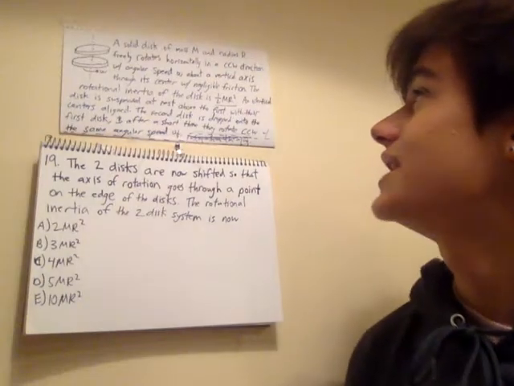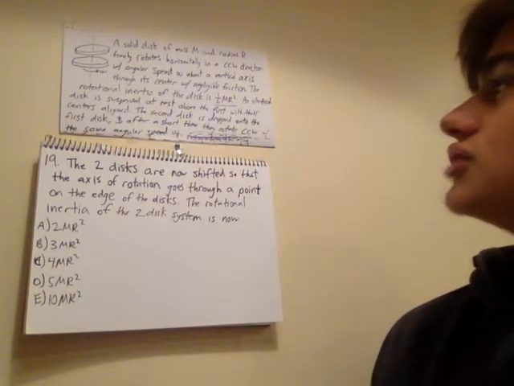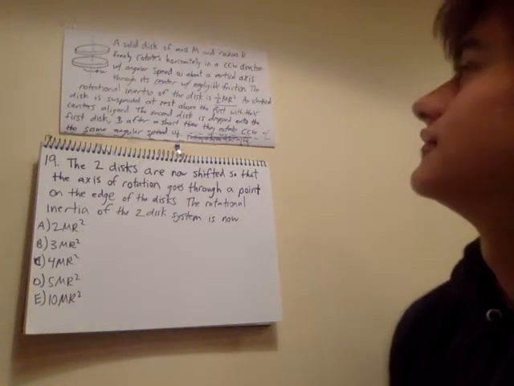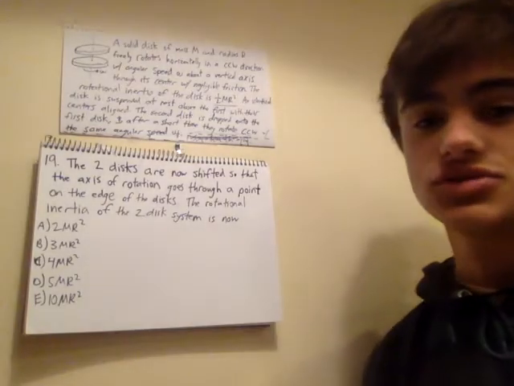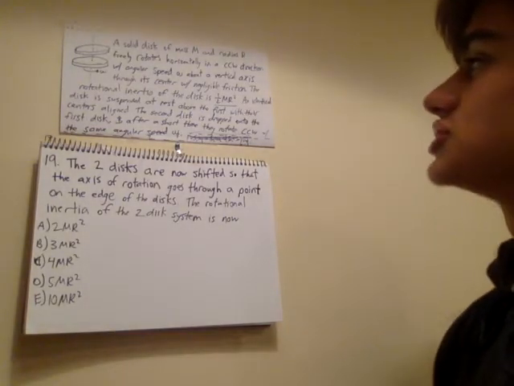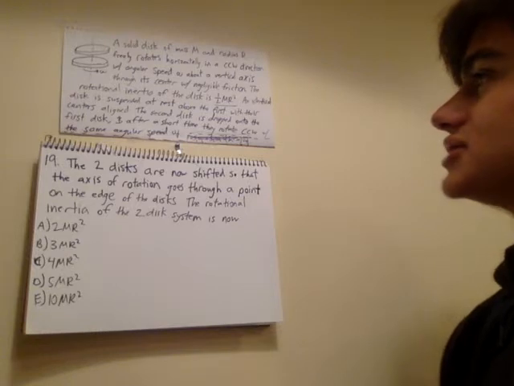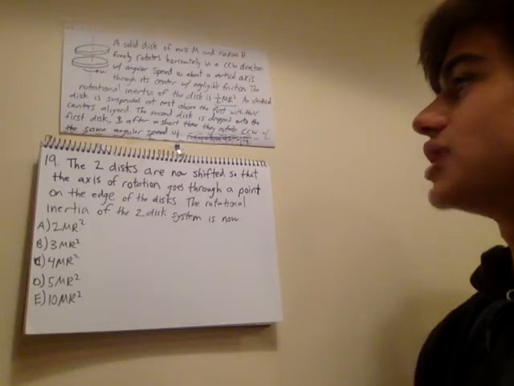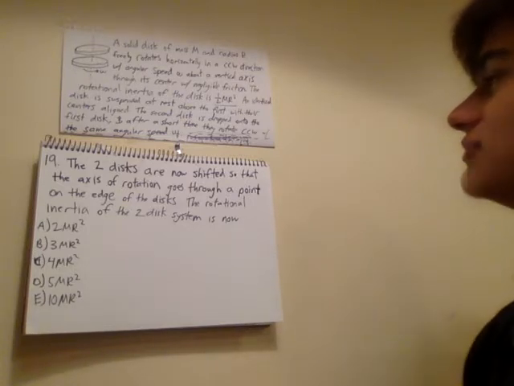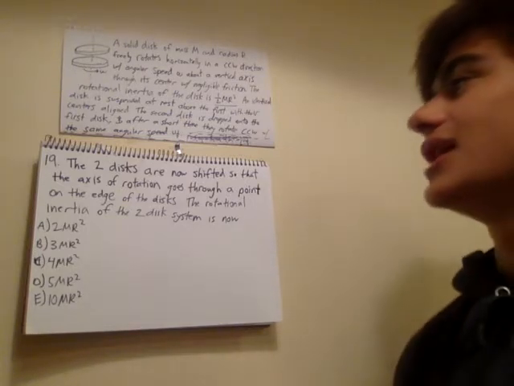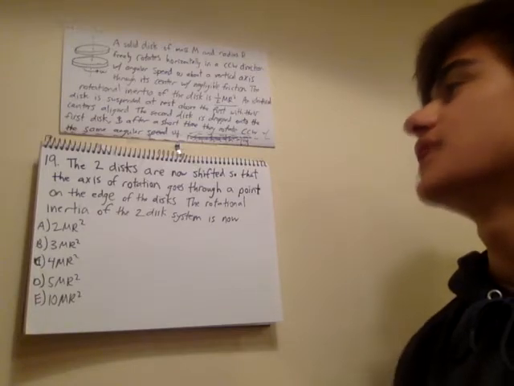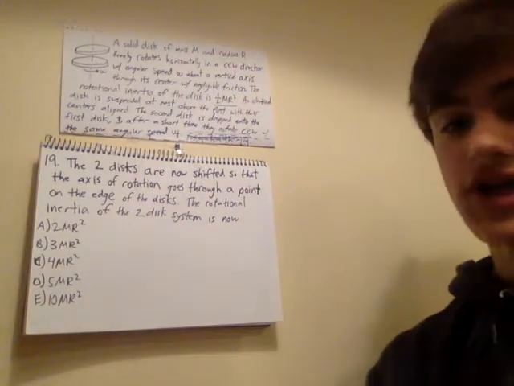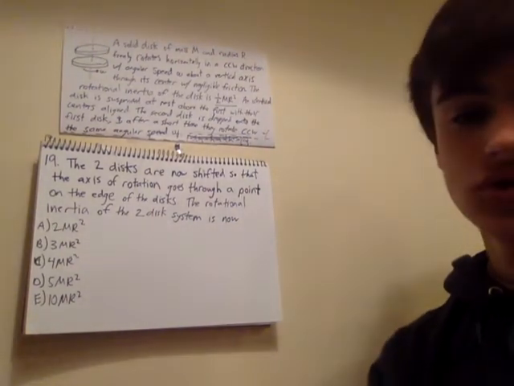A solid disk of mass m and radius r freely rotates horizontally in a counterclockwise direction with angular speed omega about a vertical axis through its center with negligible friction. The rotational inertia of the disk is 1/2 mr squared. An identical disk is suspended at rest above the first with their centers aligned. The second disk is dropped onto the first disk, and after a short time they rotate counterclockwise with the same angular speed omega final. So problem 19 says the two disks are now shifted